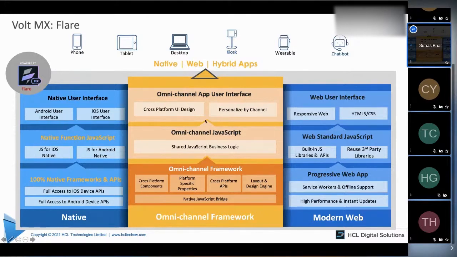And this also supports PWA. And though the platform exposes, say, 90-95% of the capability that a usual app developer would need, or in some cases even 100%, right? There might be some APIs that we are not supporting out of the box. So for those, it also supports extension. So if there is a specific API, like getting, say, a battery percentage from an OS, which is specific to the